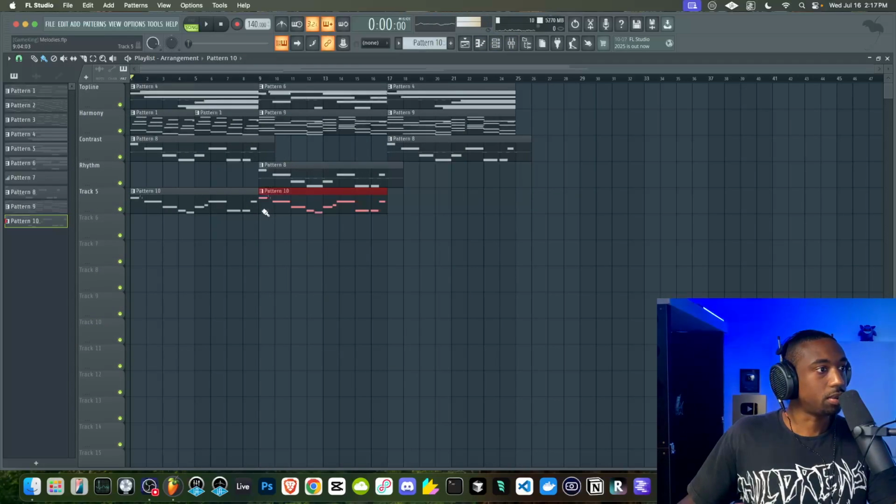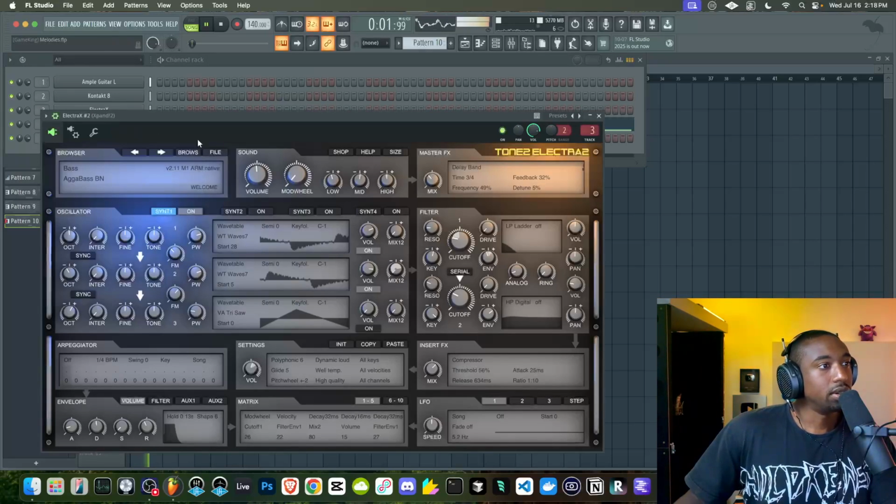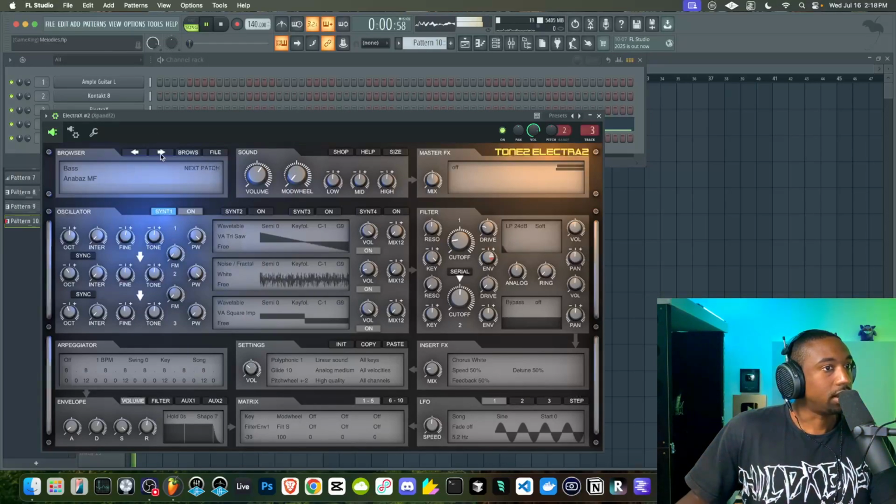So as you guys just saw, it sounded like it was out of key, but that's because the pitch knob was stuck. So FL Studio, I don't know why it's like that. It's just like that.